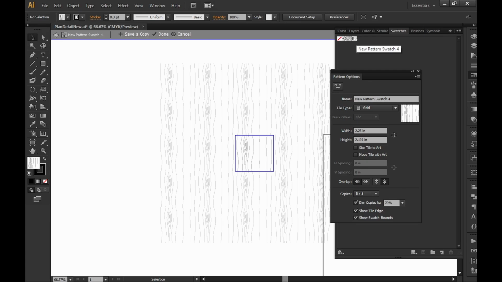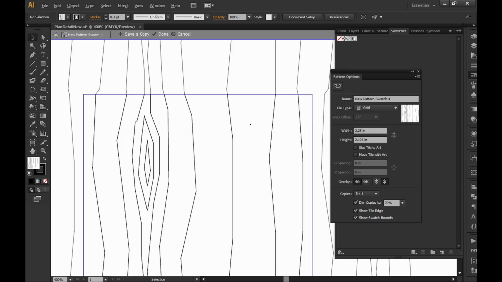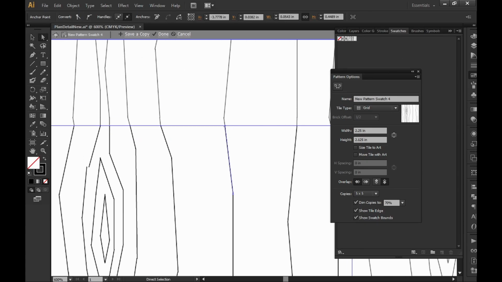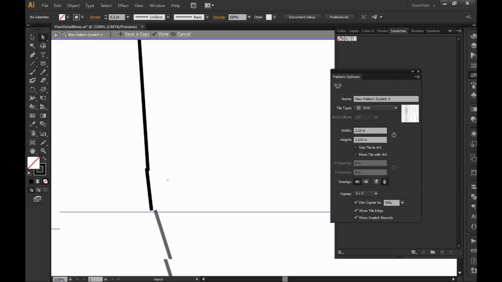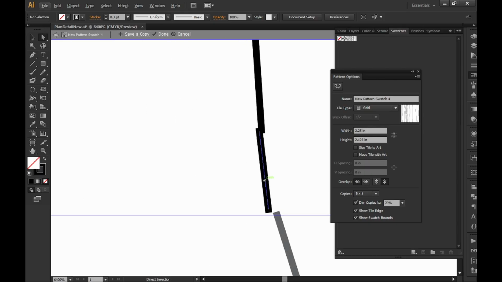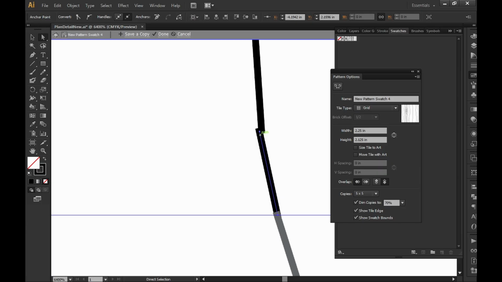You can double click on here and you'll get this pattern. So let's say, for example, this was off. Let's say it was like this. You can move it so it kind of stitches closer together. You can stitch this closer together if you wanted to, and then you can start to connect your swatches. You see how there's maybe a gap here? So I can go in here, maybe just go in like that, and go in right here like that,